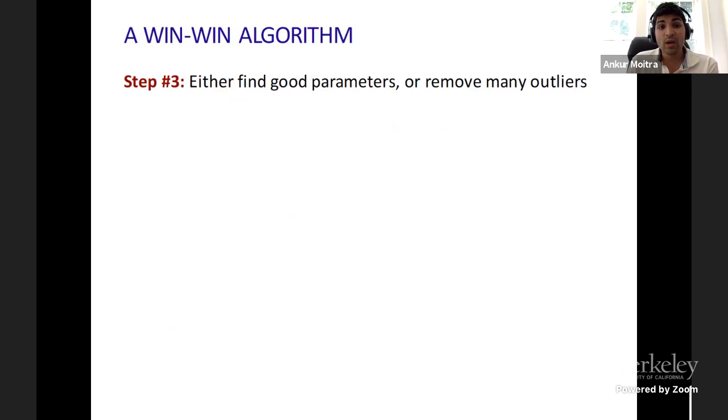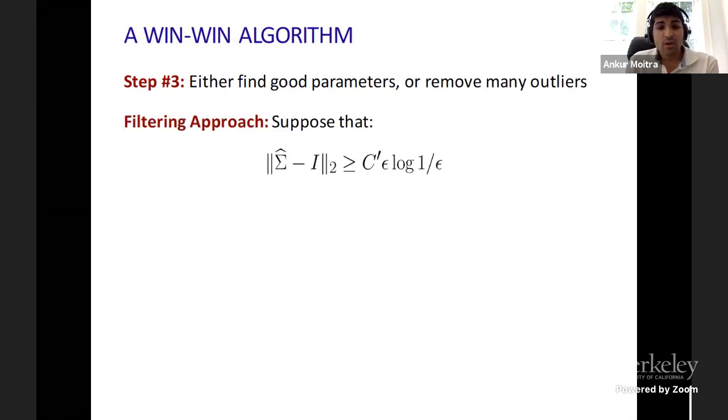Is we're just going to do a win-win algorithm. And the basic idea is, we're just going to use the empirical mean. And either that will be a good enough estimate on its own, or we're going to find some way to remove many outliers, many of the corruptions that the adversary has added to our data, to get an easier robust estimation problem. So, if we compute the empirical mean and the covariance is really close to the identity, then the converse of that key lemma I gave you implies that the estimate mu hat you have is actually close to